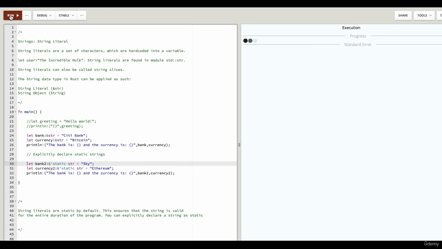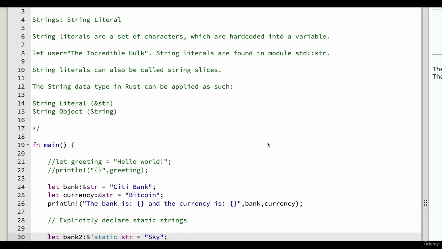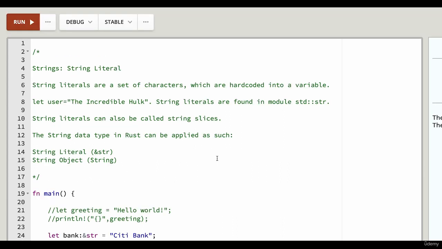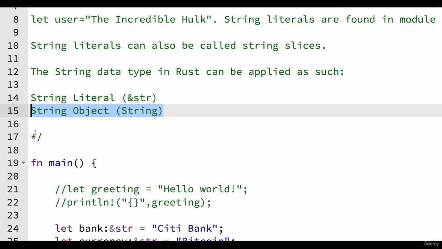So let's go ahead and run this code. And we see now in our code, the bank is Citibank, the currency is Bitcoin. The bank is Sky, and the currency is Ethereum. Okay, excellent. So there you go. That's string literals in Rust in a nutshell. Let's stop right here, though, and move forward into the next lesson where we can go into string objects, where things get much more